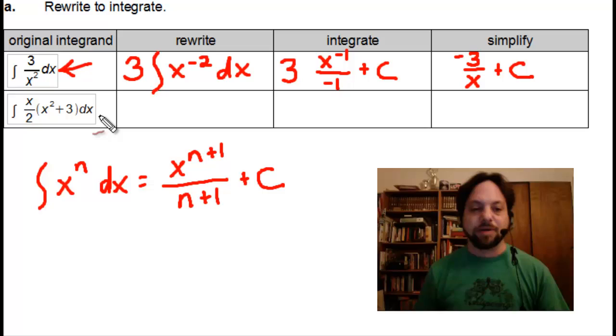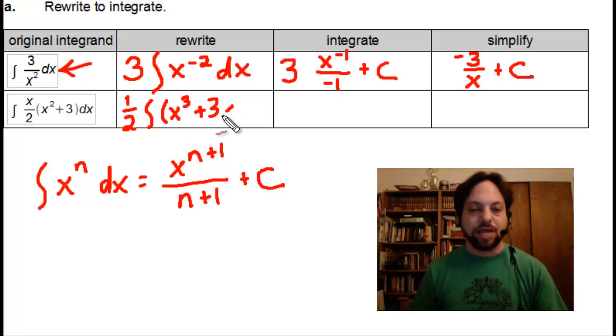All right, so assuming you've come on back, we can rewrite this by pulling the constant of 1/2 out of the way. And I'm actually going to distribute the x that's remaining. That's going to give us the integral of quantity x cubed plus 3x dx. And how do I integrate that? Well, once again, I leave my 1/2 on the outside,